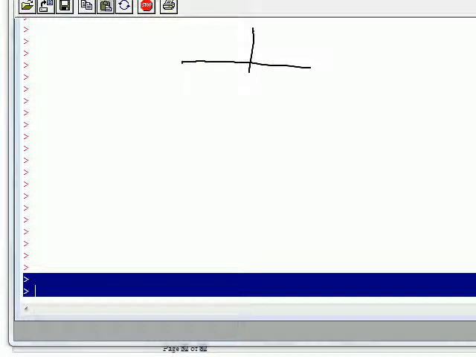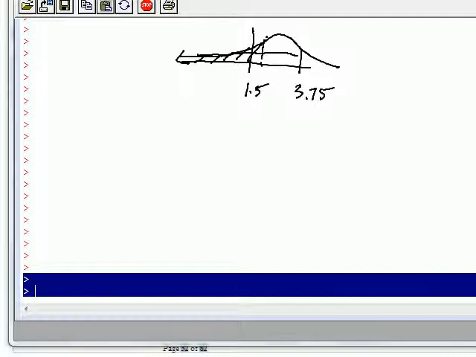So you're looking for the probability that some value lies, let's say, between 1.5 and 3.75. The way to do that is you find the probability for everything south of 3.75, and then you subtract off everything that's lower than 1.5. The way to do that in R,